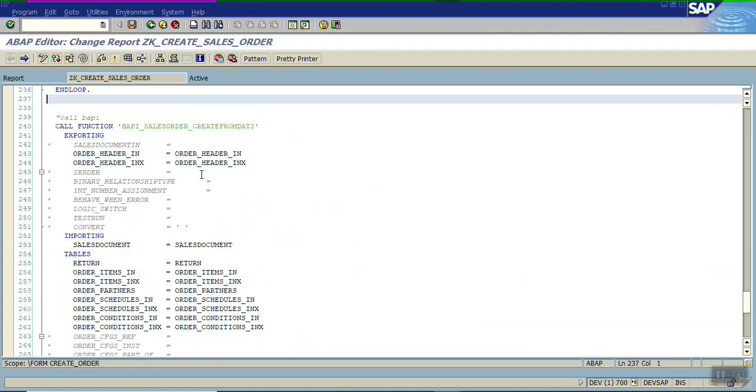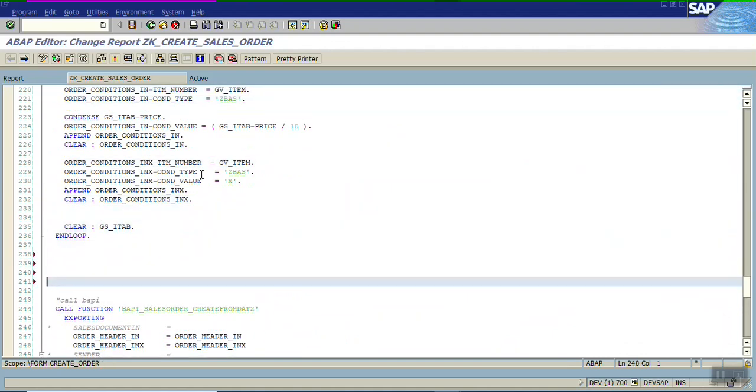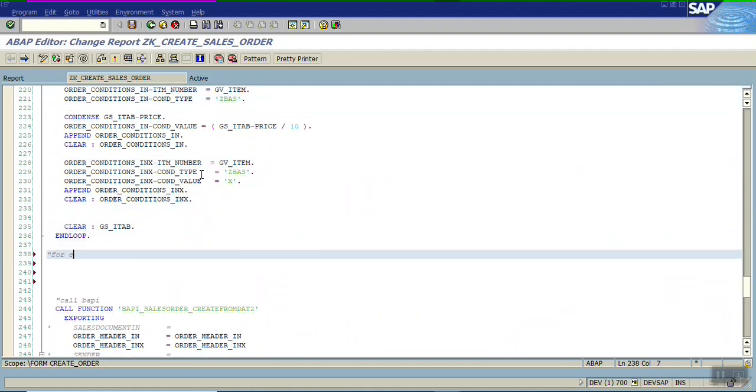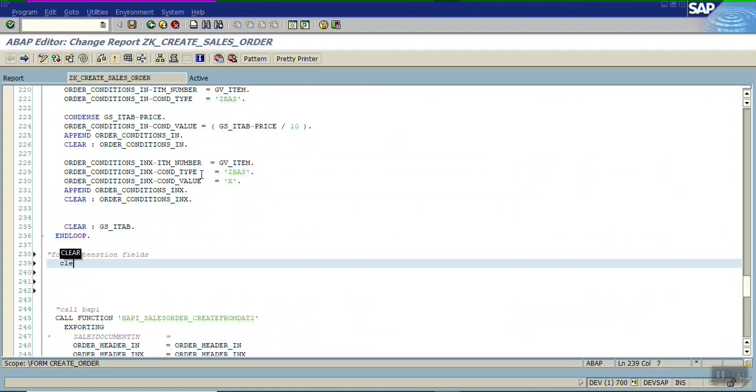Now this is our header data, item data. Here we add the extension field. For extension fields, here add gs_bape_vbak. Our fields are zz. First one is reg date. If you are passing this from the Excel file, then we have to add those fields in the internal table also to get the data. Okay, for testing I'm passing the hardcode value here. Let me pass 2020 05 and 04.